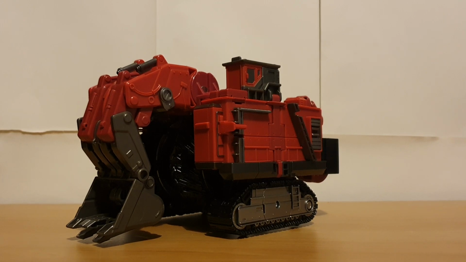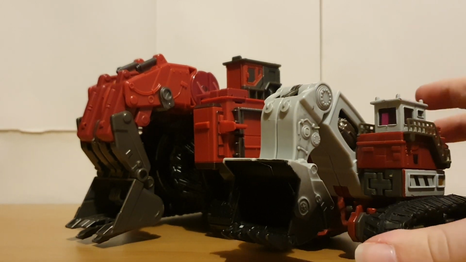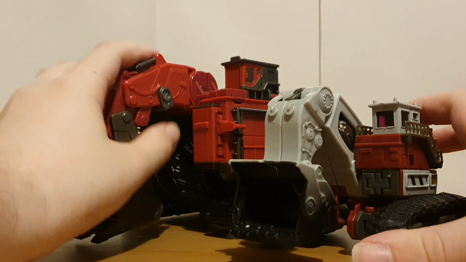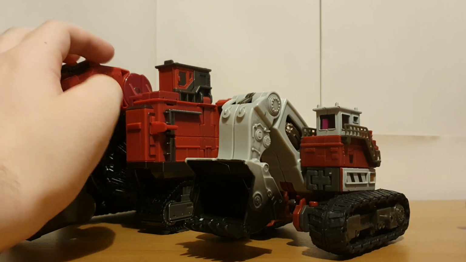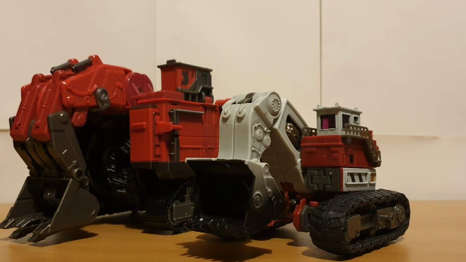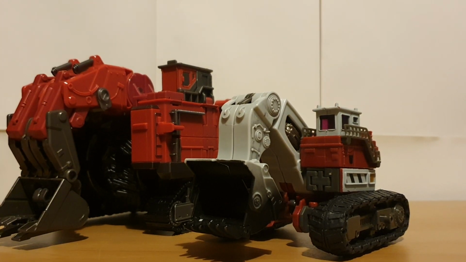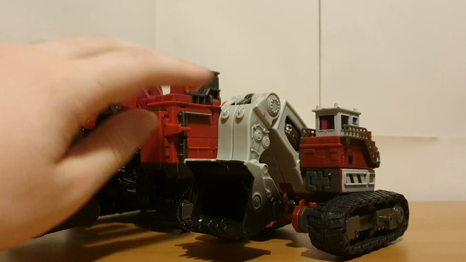But how does he look next to the original Scavenger, or back then, Demolishor? I guess they couldn't really think of what to call the red one back then, but of course now we know that the red one is Scavenger and the white one is Demolishor. I wonder why we haven't had a Studio Series Demolishor yet, because the backdrop could be the scene where he's terrorizing the highway section, if I remember correctly. It's kind of weird that we haven't had one yet. But comparing these two,